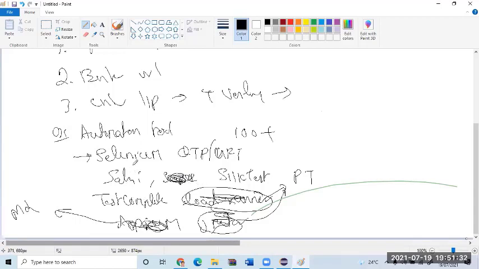Now, if you observe, there are many tools. Let me take a couple of them. For example, number 1, Selenium. Example number 2, QTP. What is the difference between these two? Very, very simple. QTP is a commercial tool. Selenium is an open source tool. QTP or UFT, what type of tool is it? Commercial tool. Selenium is an open source tool.